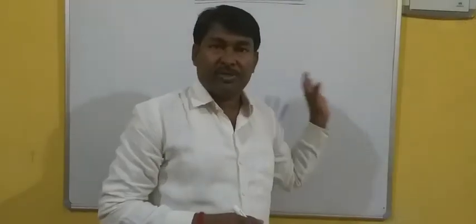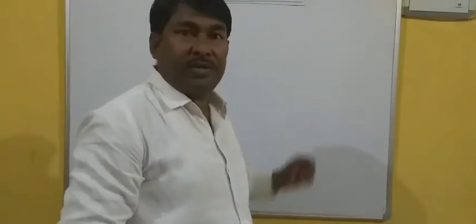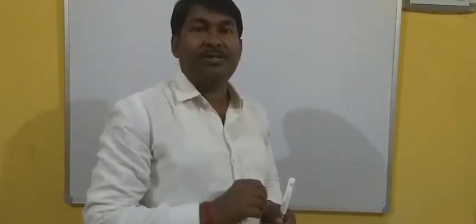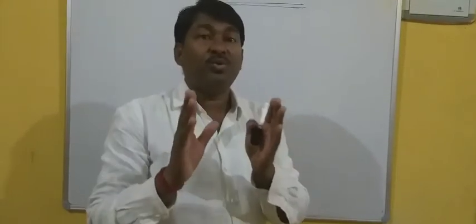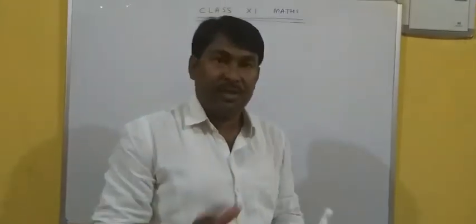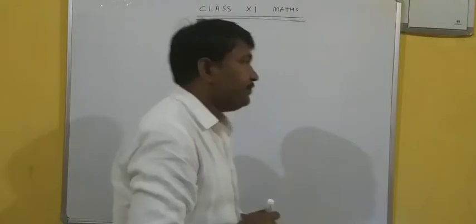Today I am going to explain how to calculate the area of a triangle whose vertices are given. Thereafter, the area of a quadrilateral whose vertices are given, and thereafter the condition of collinearity of 3 points or 4 points, and how to prove, if you are given the coordinates of 4 points or 3 points, that they are collinear. One by one, let's see.